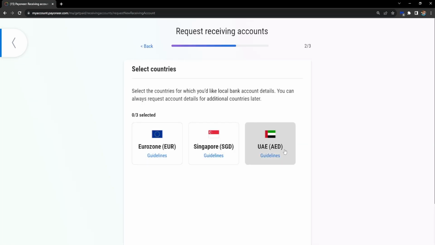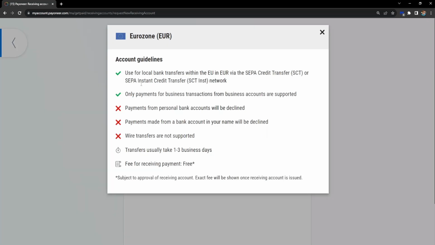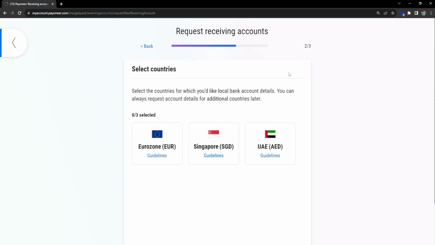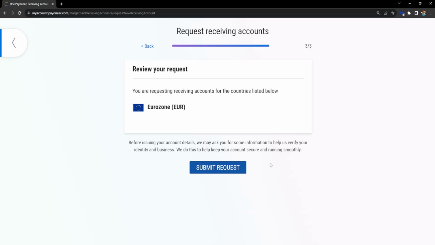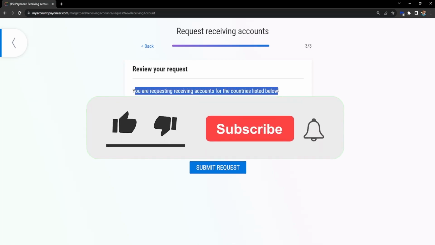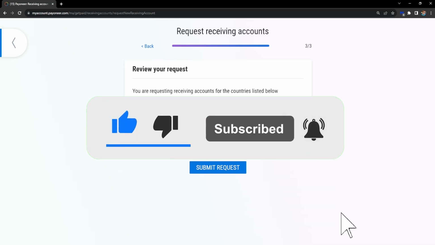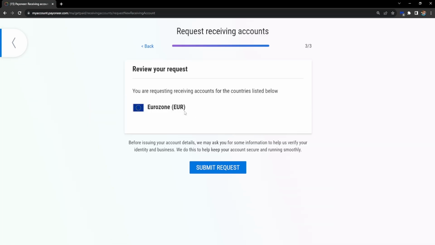You can select the types of currency that you would like to receive, as well as read the guidelines right here. But for this, I'm just going to do Eurozone because I'm from Europe. And then you want to select Next at the bottom. You're requesting receiving accounts from the countries listed below. As long as you confirm that you will be receiving money from these countries, you can click on Submit